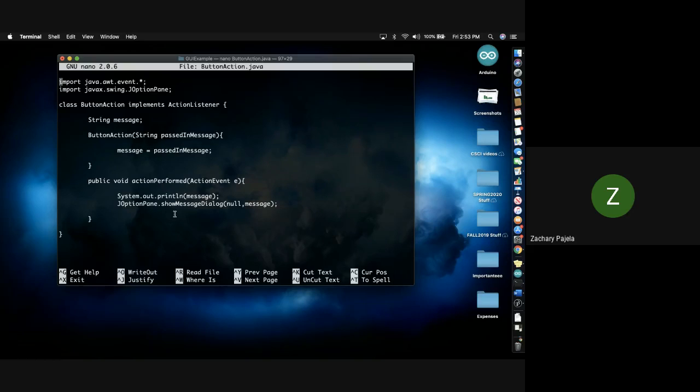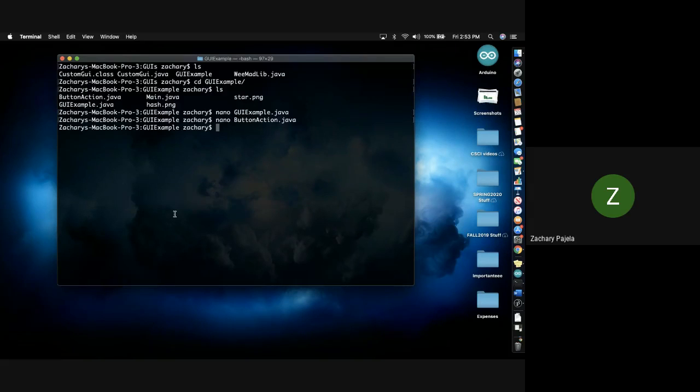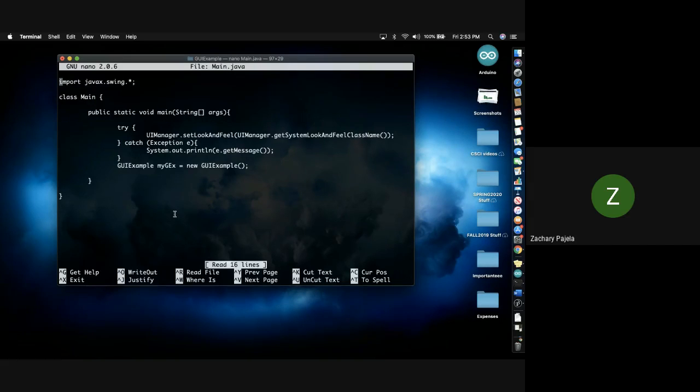All right, we'll go ahead and exit out of this, and we'll take a look at main.java, which, as I said, is sort of the main program that you run. So nano main.java, and again, a little different. One of the things that we have to do is, when you